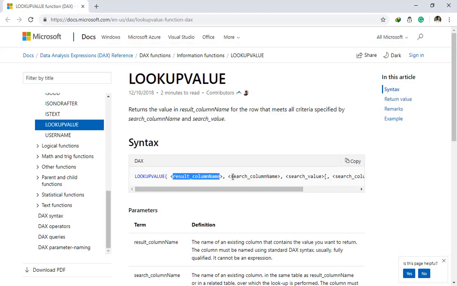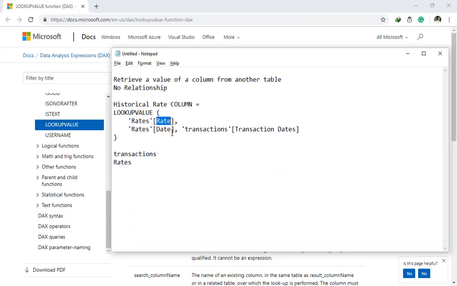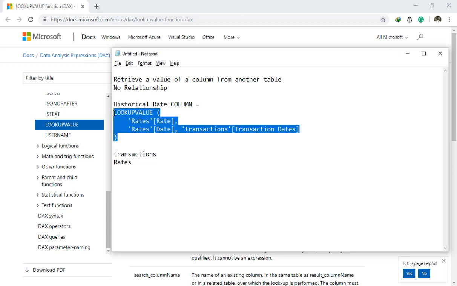Then it asks where it will be searched: within the Rates table, in the Date column which we just made a few minutes ago. Then it is looked up against the transaction dates in the Transactions table, where we need to place the actual rates from the Rates table. This is the format of LOOKUPVALUE, and it is the simplest way to retrieve a value of a column from another table.